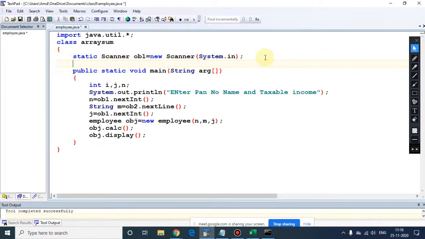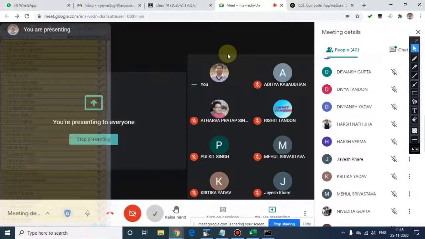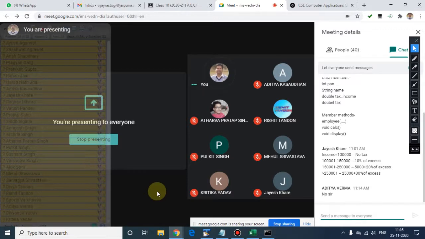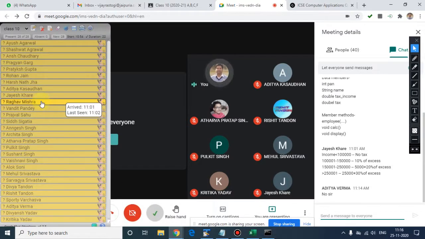Suppose the question, please write down a question, everyone. We have to enter n number of elements in an integer array. Everybody, please write down the question first. Then I will explain.